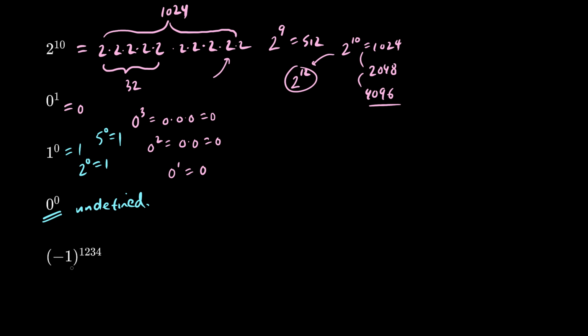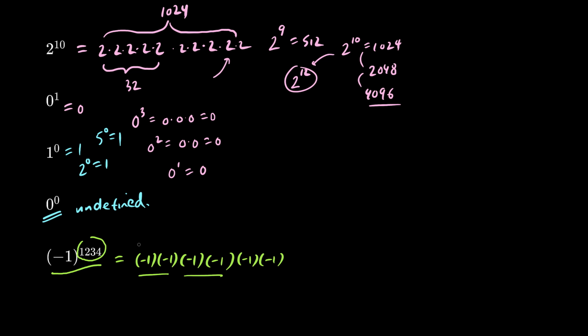Now finally, let's look at this question here. What's negative 1 to the exponent 1, 2, 3, 4? So what we have here is a negative number being multiplied by itself many times. Negative times a negative times a negative. But what we notice here is that the exponent here is even. So if you have an even number of negative 1s,